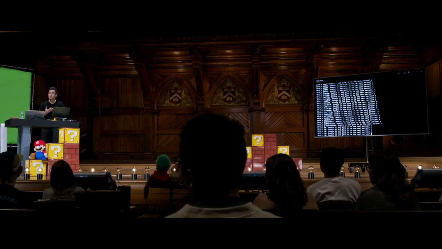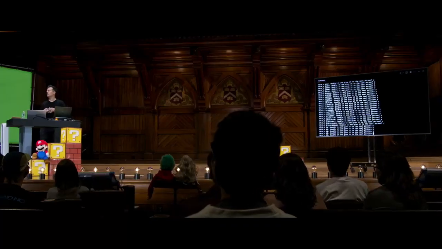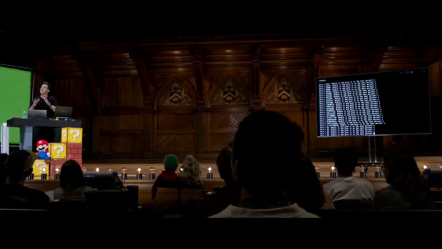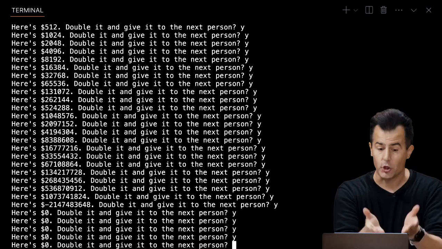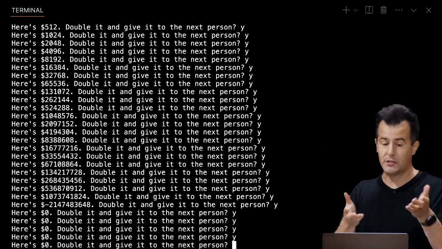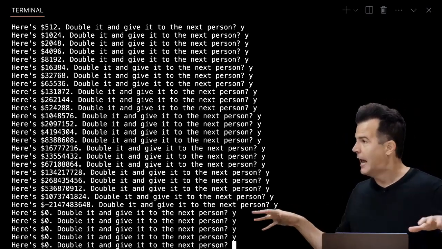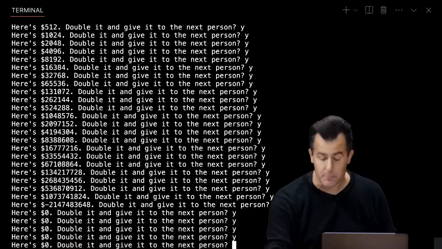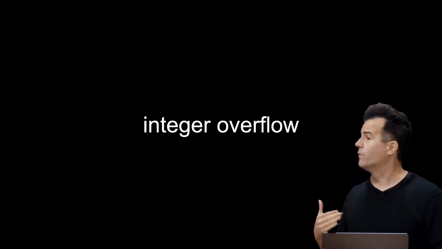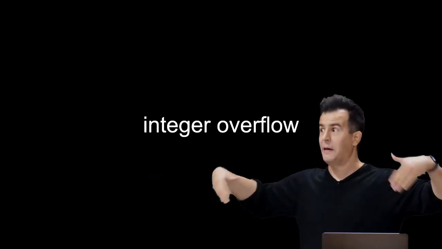Yeah, there's not enough bits to store bigger and bigger numbers. Recall with 32 bits, which happens to be how big most ints are, you can count as high as 4 billion if you start at 0, or roughly as high as 2 billion if you want to handle negative numbers as well, negative 2 billion to positive 2 billion. So eventually, once I get to $2 billion or $1 billion, it goes negative, and then it just goes to 0 altogether. This is because of something called integer overflow, whereby if you only have a finite number of bits, and you keep incrementing them,